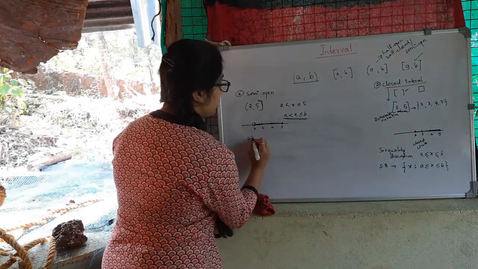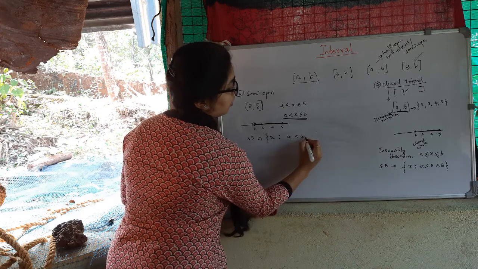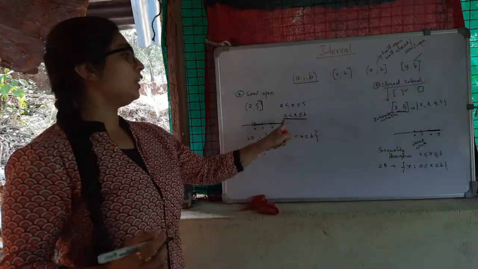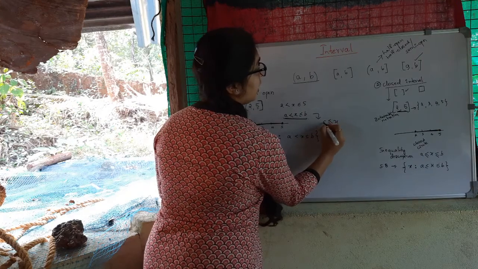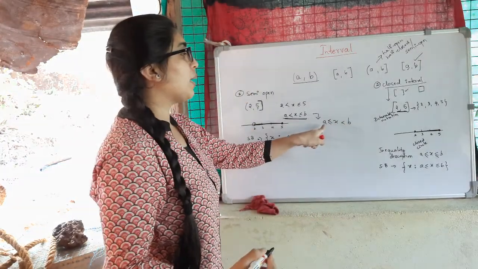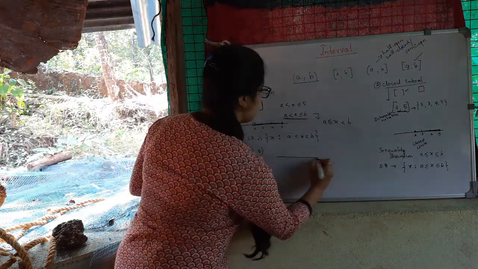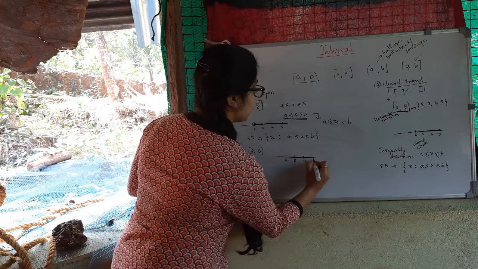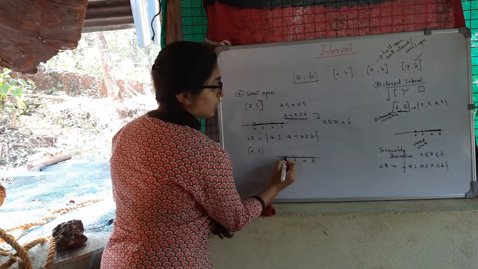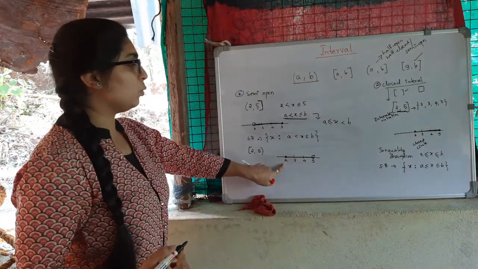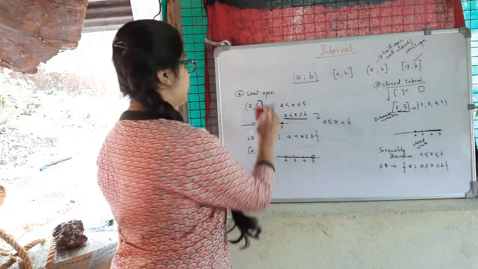And set builder notation, it will be x. So not only x greater than a, less than or equal to b, you can have this also: x which is greater than or equal to a, less than b. So here it will be closed on this side and open on this side. If I consider a number line 2, 3, 4, 5, I will include all the numbers between them. It is closed here and open here, so it includes 2 but doesn't include the number 5. So this is the semi-open interval.